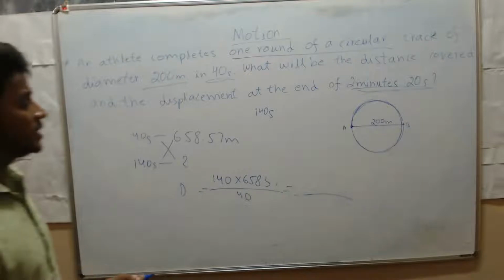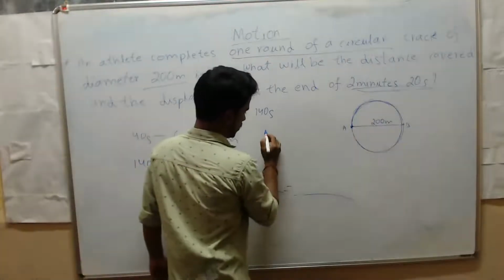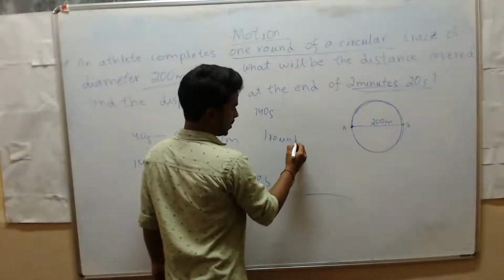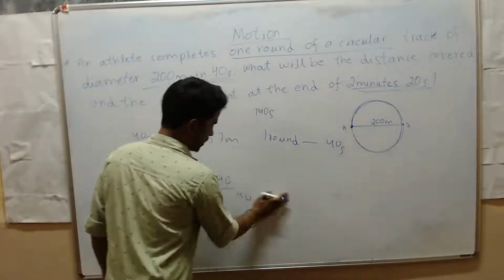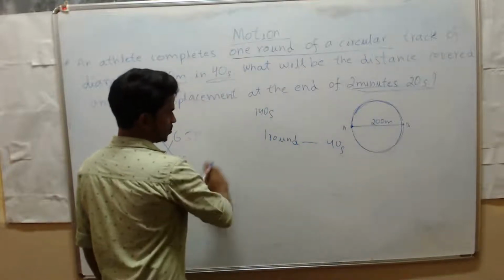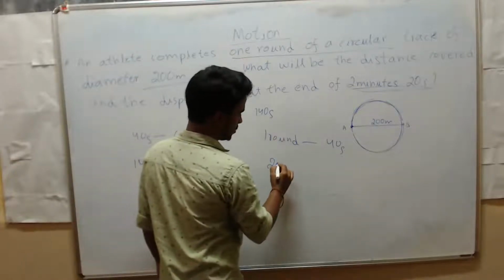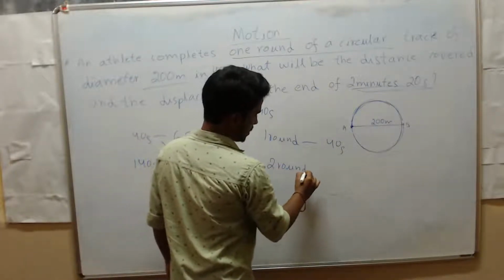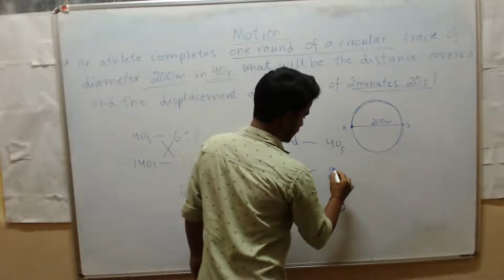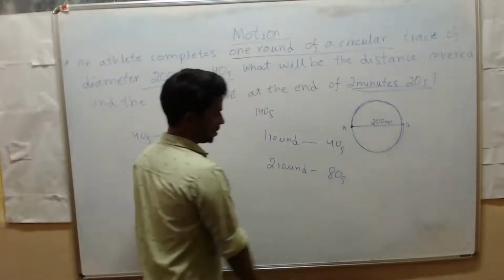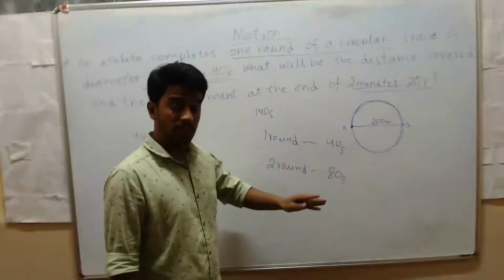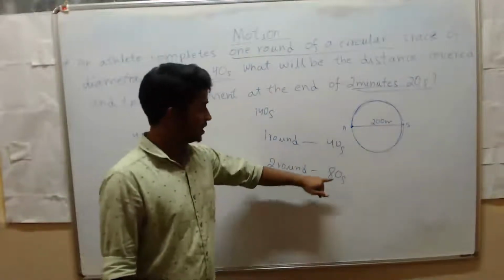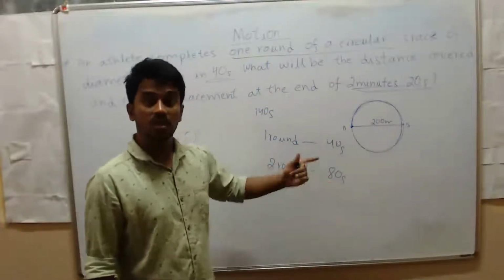He will complete one round in 40 seconds. Okay. So what about the second round? He will complete the second round in 80 seconds, right? First round 40 seconds, second round 40 seconds, but what is the total time? That is 80 seconds. In the third round,